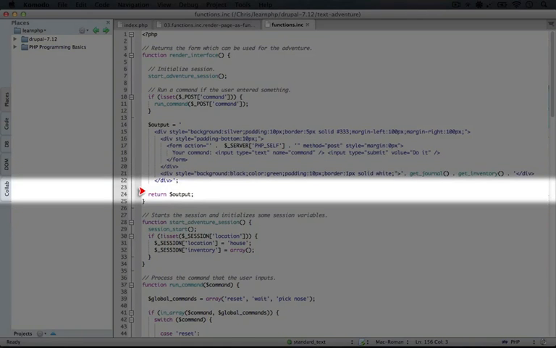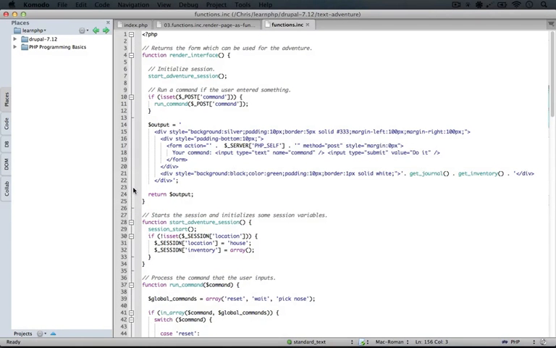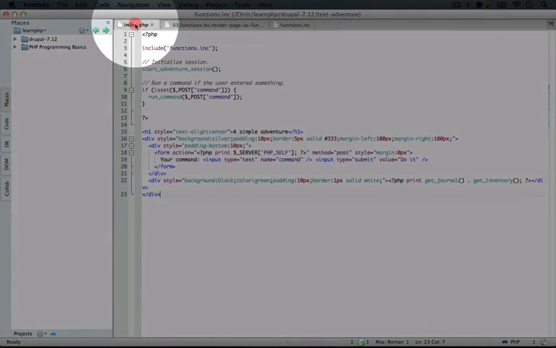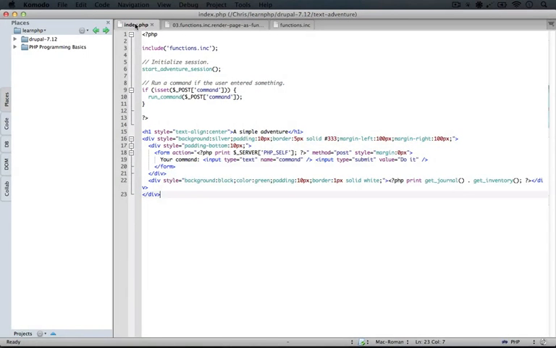Now you've already seen in a couple of different examples where we can add some power to our scripts by returning output as a variable instead of printing it directly to the page. That way, whoever uses this function has a lot more control over where they display the output. So now, the only thing we have left to change is our index.php file, where we're going to call the function now instead of outputting directly to the browser.